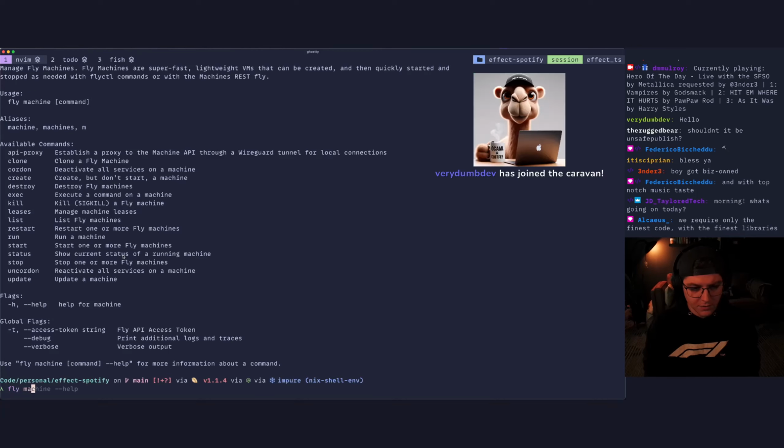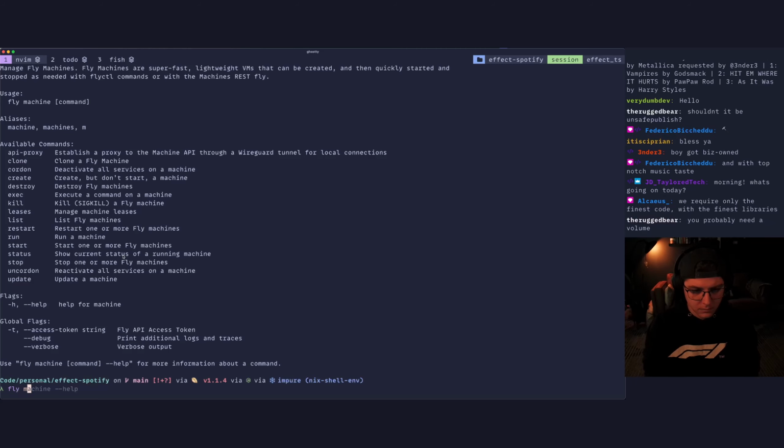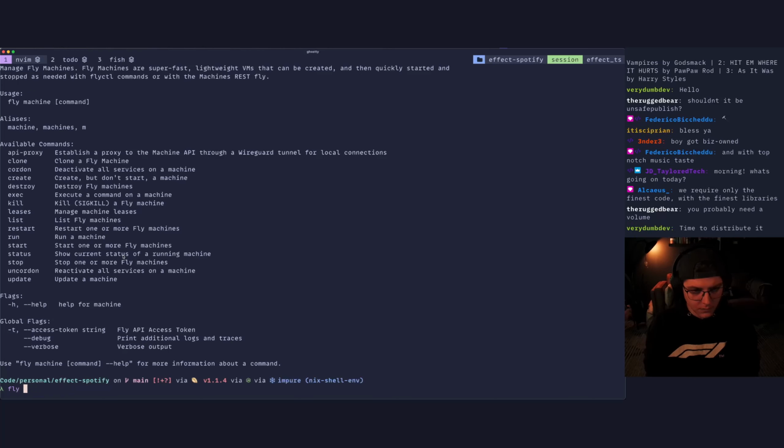Stop. Fly machine. I guess we can just redeploy, right? Every time we redeploy, it's going to nuke our song queue because it's going to override the JSON file. But I think that's okay for now. We can eventually dump it into a database if we want to, but eventually we won't be restarting this all the time. So if we do fly deploy,